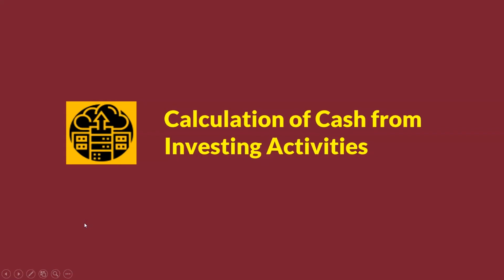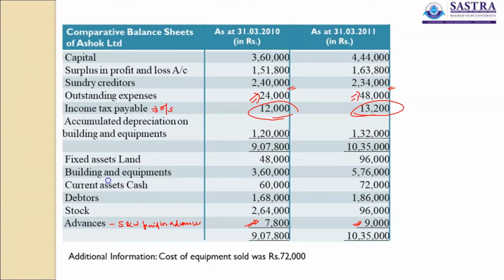Now we move on to the calculation of cash from investing activities. For this purpose, first we should look at fixed assets in the balance sheet. In case of fixed assets, you have land and building and equipments here in this question. If you look at land, the opening balance is given as 48,000, and then the closing balance. So there is an increase, which means purchase of land. Similarly, in case of building and equipments also, there is an increase